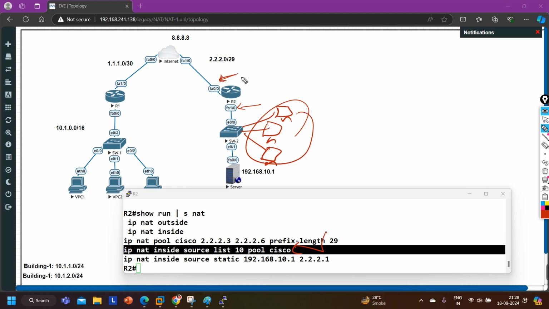On this interface you need to run IP NAT outside only once, and over here IP NAT inside, only once.